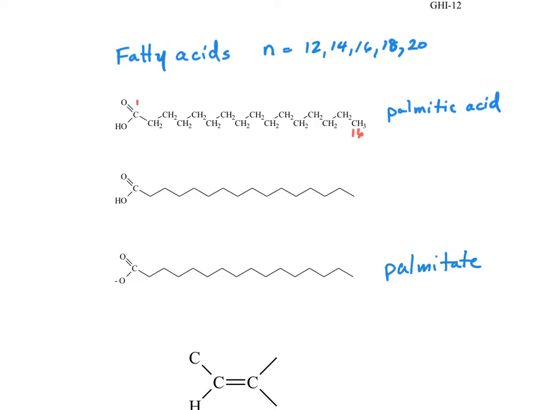Now, there's one more thing that we can do to make this even easier, and that is we have a systematic number nomenclature for fatty acids, and it's really pretty easy. First of all, we write down the number of carbons, in this case 16. We put a colon, and then we write the number of double bonds, that is, double bonds between carbons. In this case, there are no double bonds between carbons, so the palmitate is known as 16:0. Now, this and others like it are called saturated fats, so let's make a note of that, or saturated